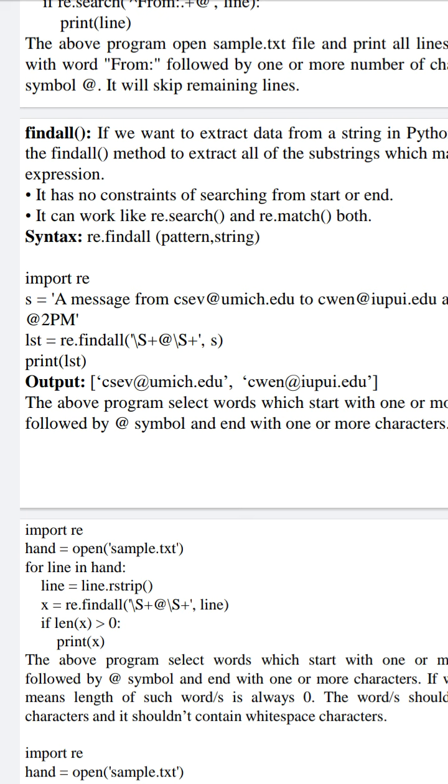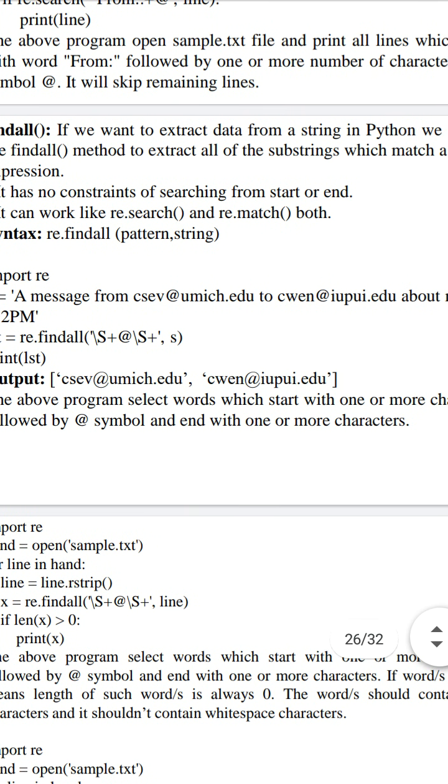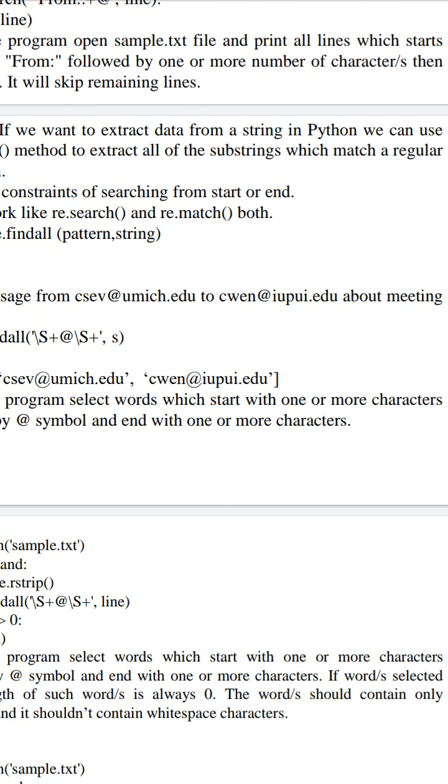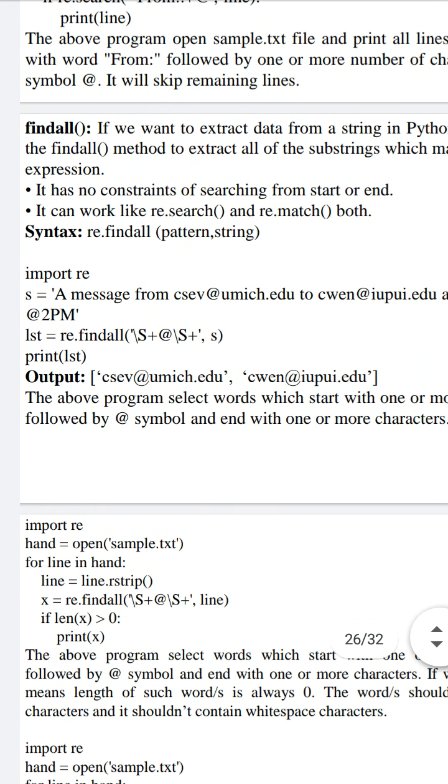And in the below example, we are importing the re library, then we are initializing a line, a message: from CSEV@umich.edu to CWEN@iupui.edu about meeting at 2 p.m. This content is initialized to the variable s.